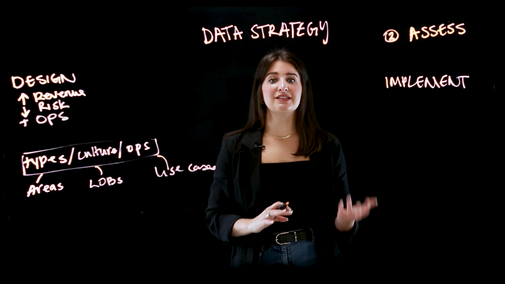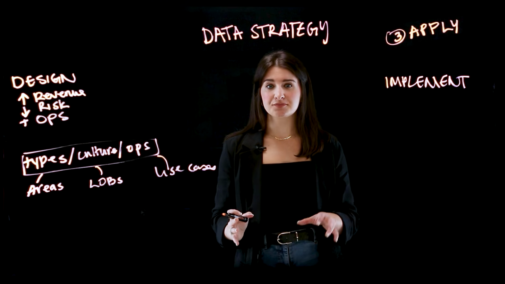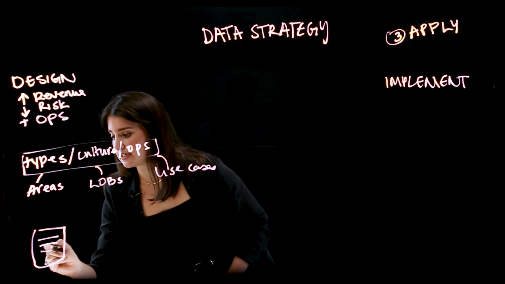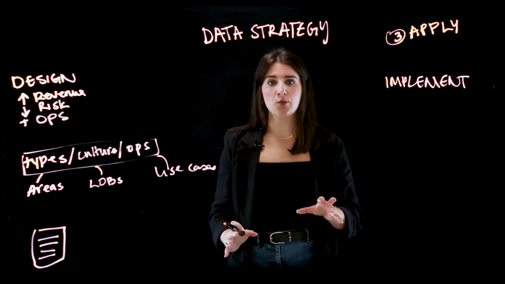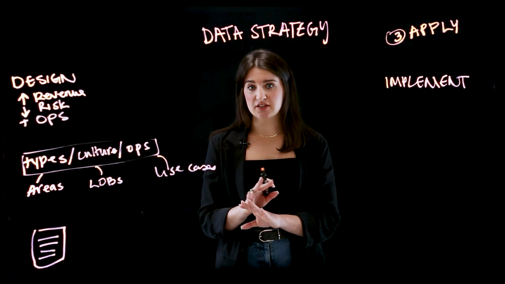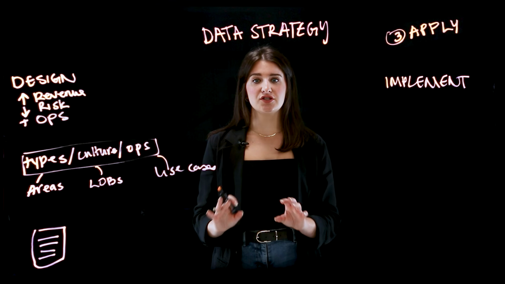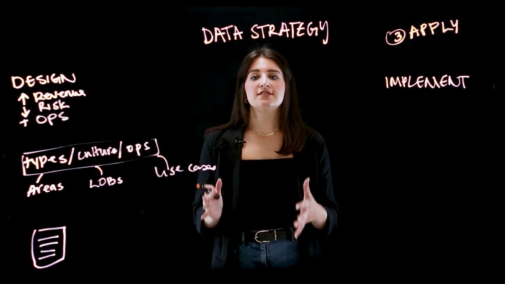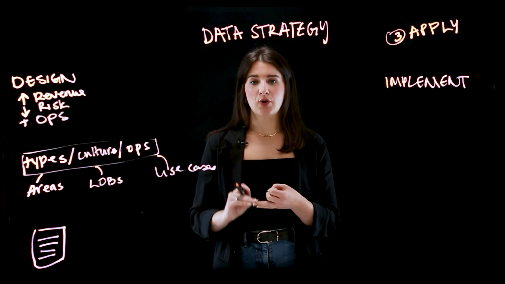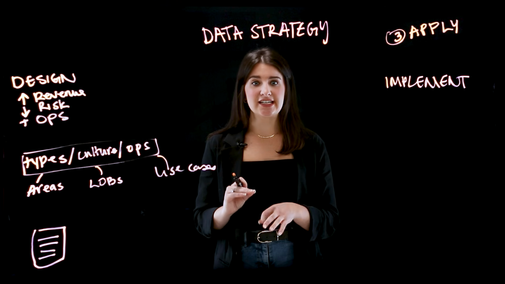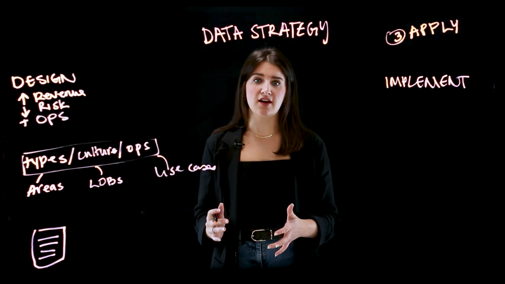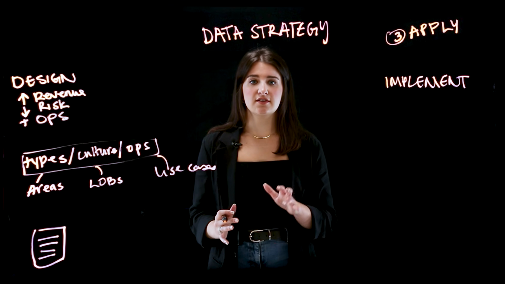The next step is to apply what you've learned in steps 1 and 2 and actually outline it in a document that is truly your data strategy for moving forward. So it should align back to your business objectives, and definitely do not jump straight to a technology solution. Take a moment, pause, and include the people, processes, and technology needed to take advantage of all that data, AI, and automation has to offer your organization.